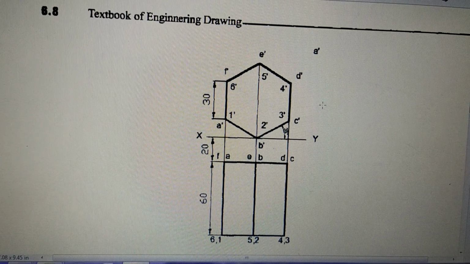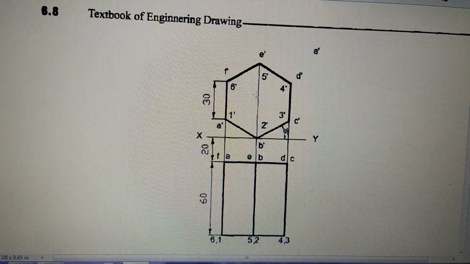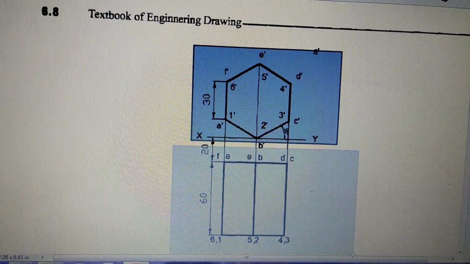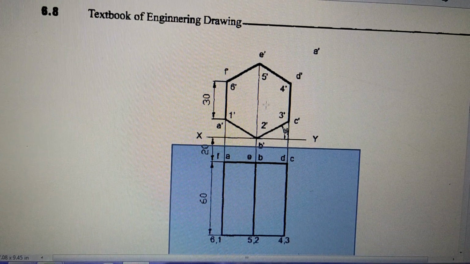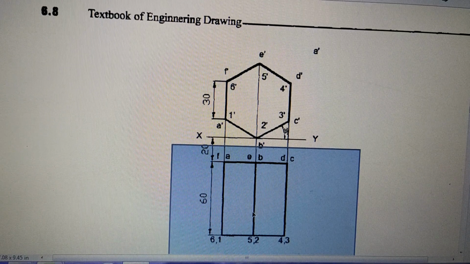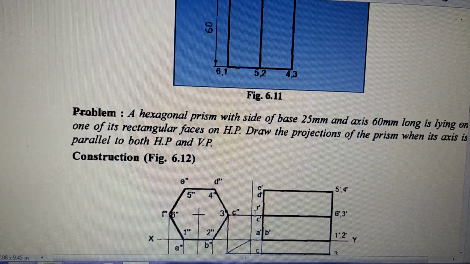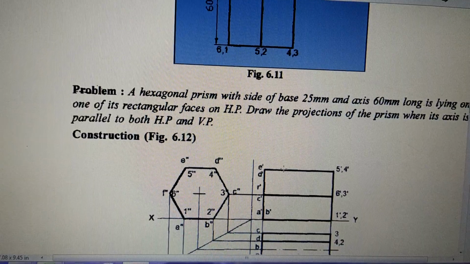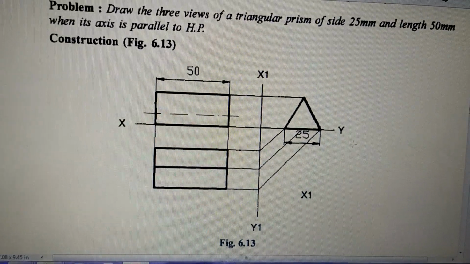Similarly, the hexagon is again drawn as per the description, and when you draw the two views, the front view becomes like this, and the top view becomes like this. Although this edge is not seen, the dotted line and continuous line overlap, so we draw the continuous line. The dotted line is behind this, not drawn. Okay, so that is up to 6.11. After 6.11, the remaining figures we are not looking at right now.